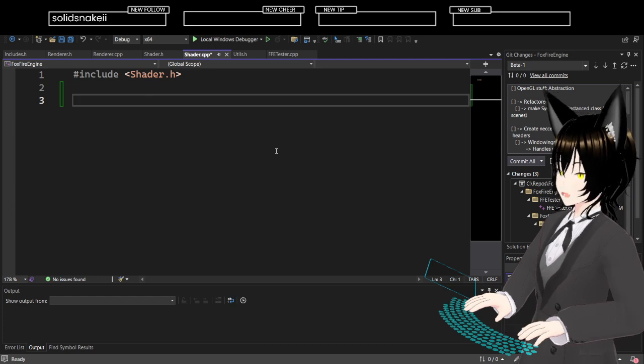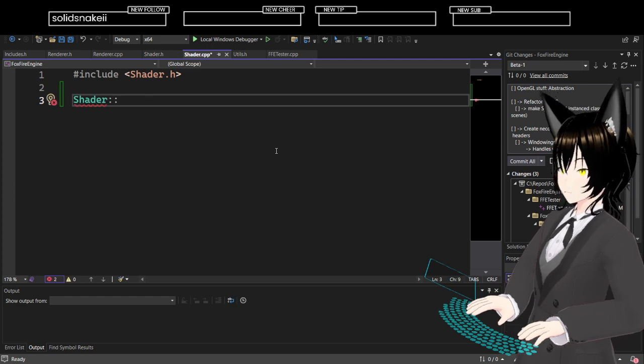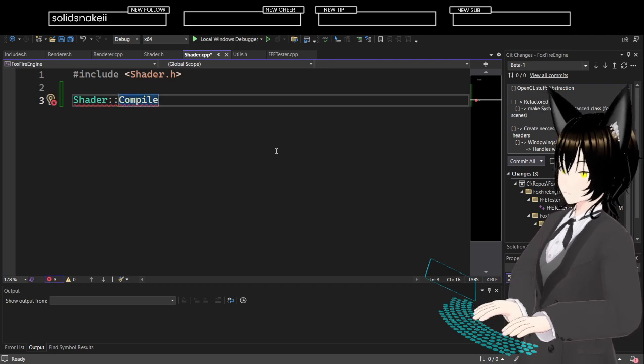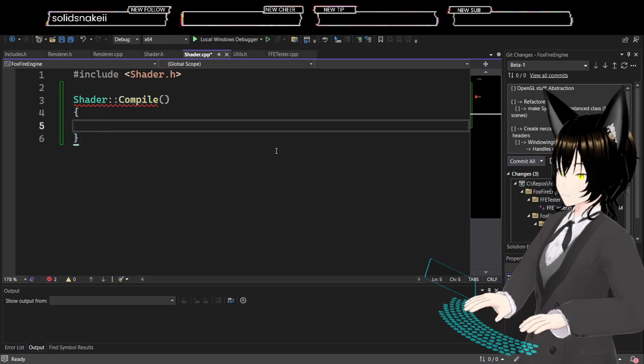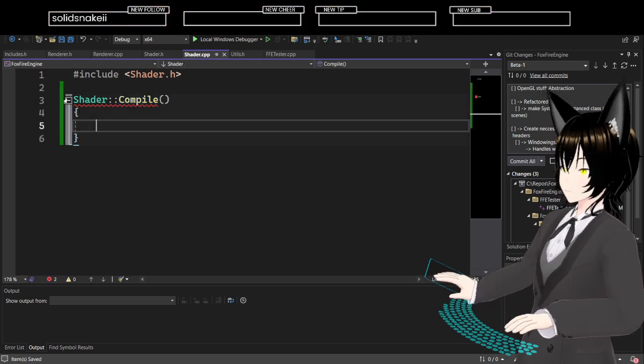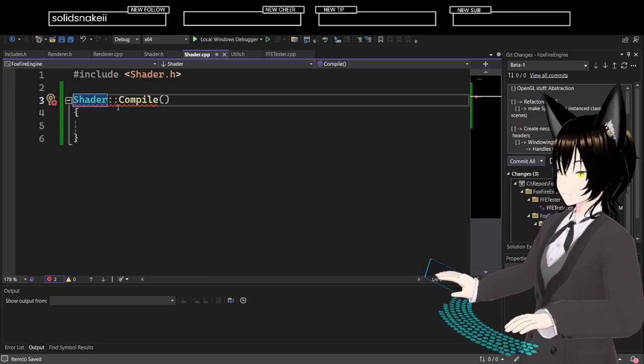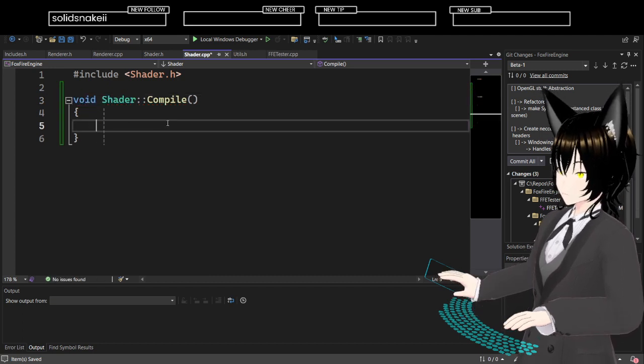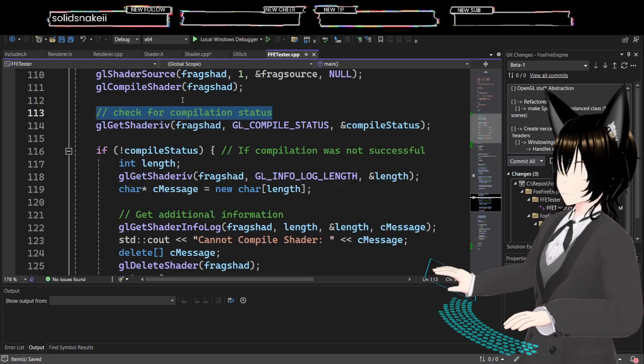We need to have shader compile. Oh, except this is a void shader compile. Let's do